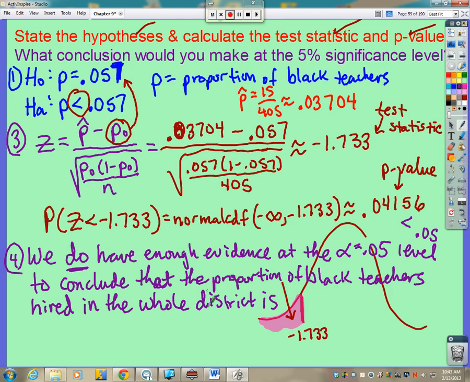We always refer to the alternate hypothesis, whether we do or do not have enough evidence to conclude it. So our alternate hypothesis was that it was less than